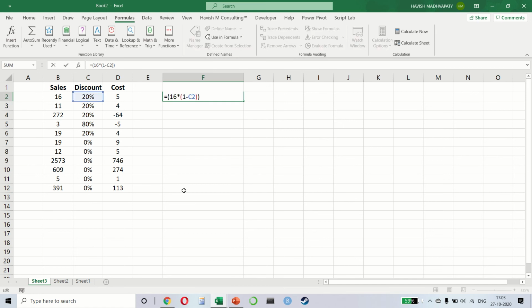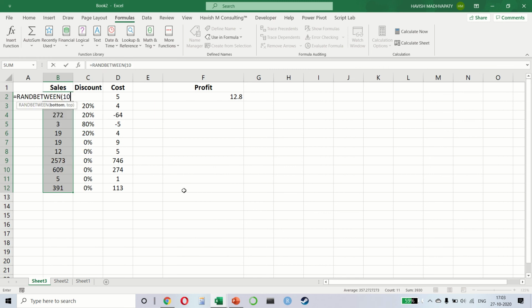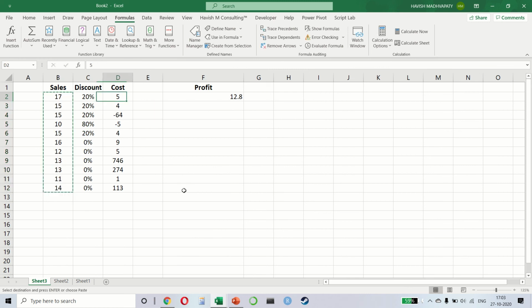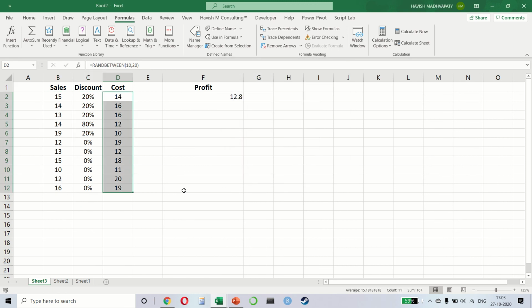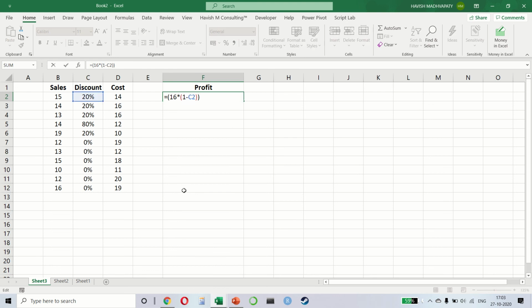I get 12.8. And then I know that my cost, which actually should be a little higher. So give me a moment. Okay, that's much better. So this is telling me that 12.8 is the multiplication of what?